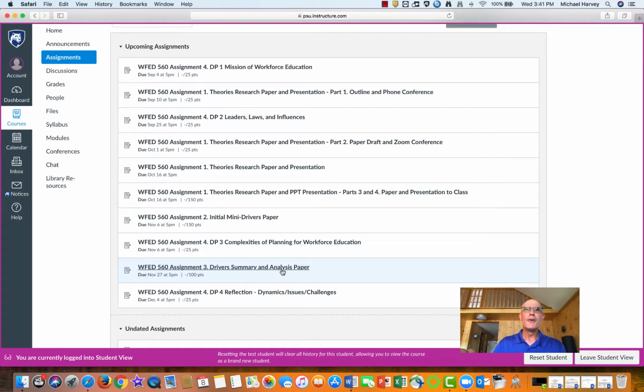The fourth assignment that's an important assignment to understand, and again, more information as we move forward, is looking at discussion board posts. And I have 4 discussion board posts that you'll be involved with. Discussion board post 1 deals with the mission of workforce education. Discussion post 2 deals with leaders, laws, and events that have influenced the development of workforce education and development. The third discussion post is looking at the complexities of planning for workforce education and development in the 21st century. And the fourth discussion